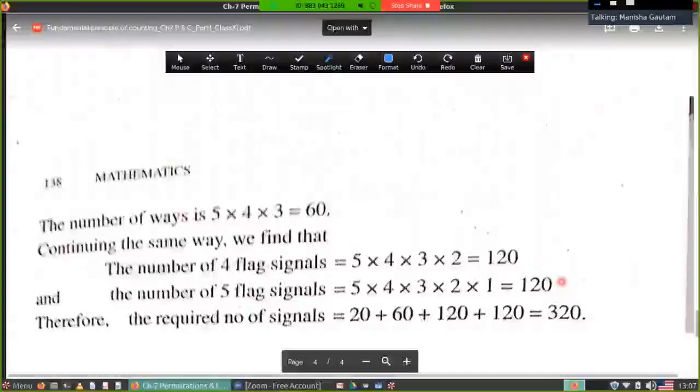Now read the concept of this chapter, permutations and combinations. Read the introduction, read the theory of the concept, read the fundamental rule, and do examples as well as exercises. And I hope you can do the exercise.